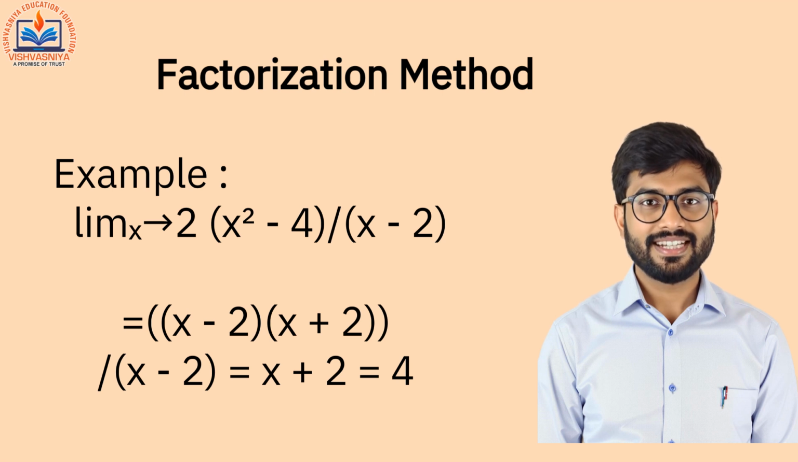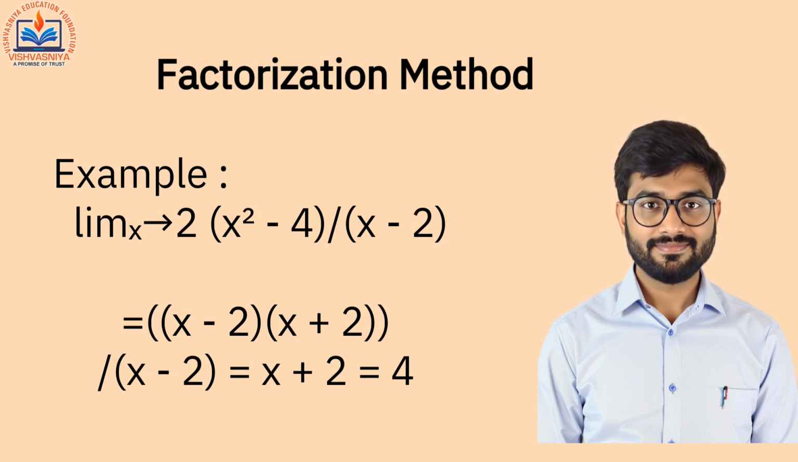Sir, what if we get an indeterminate form like 0 by 0? Good question. In such cases, we use another method, the factorization method. We factorize the numerator and denominator to cancel common terms. For example, limit as x approaches 2 of x squared minus 4 divided by x minus 2 is equal to x minus 2 into x plus 2 divided by x minus 2, which is x plus 2,